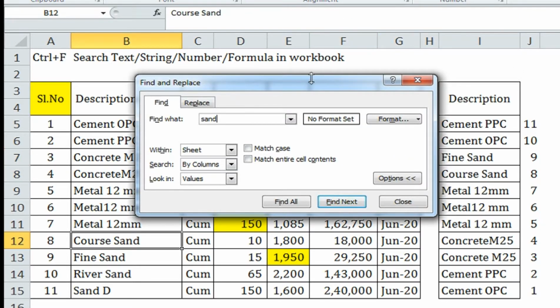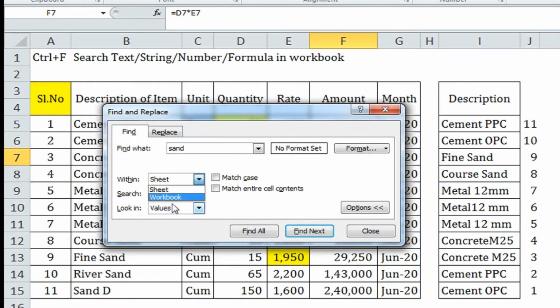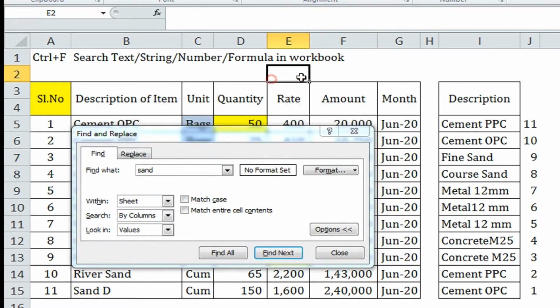Okay, so now we have seen everything and let us see how exactly this workbook option has an impact. I'm just selecting the sheet. Please note, this is Sheet 1. Just for understanding.